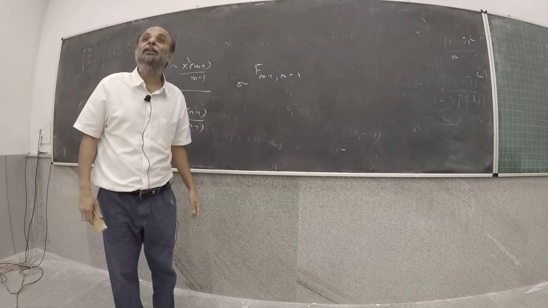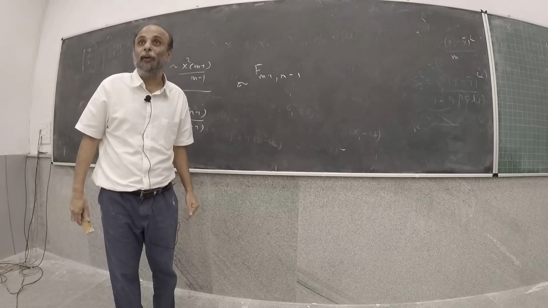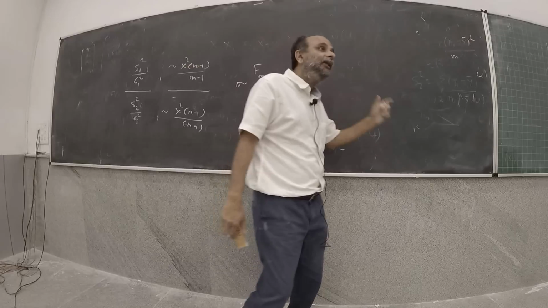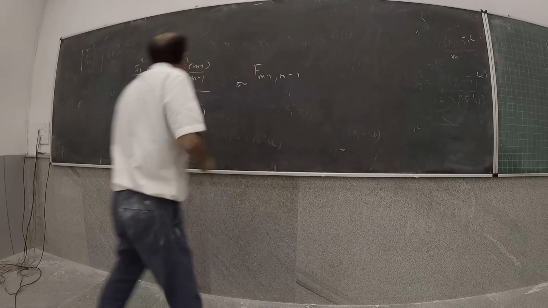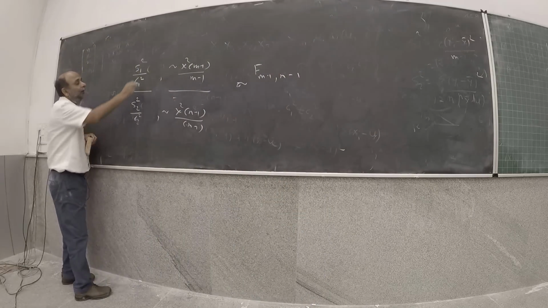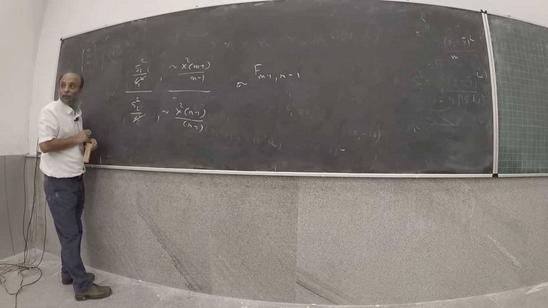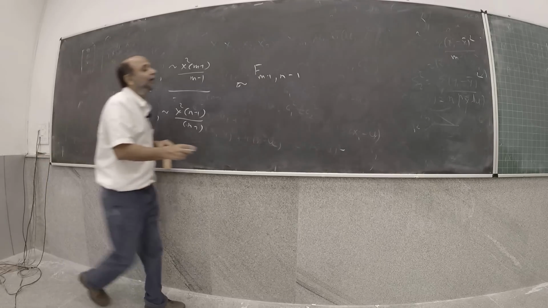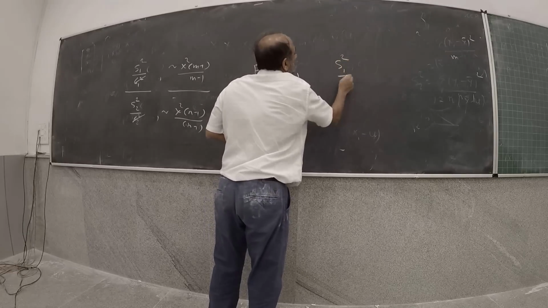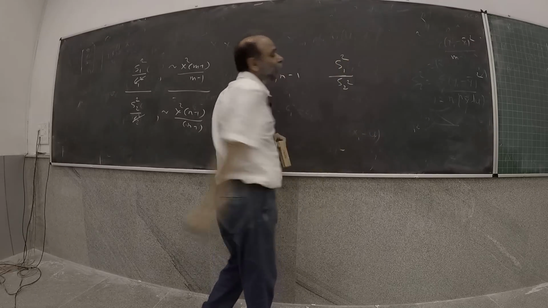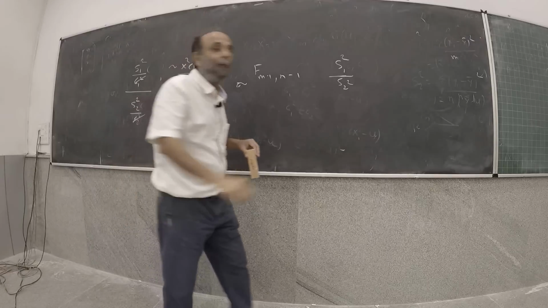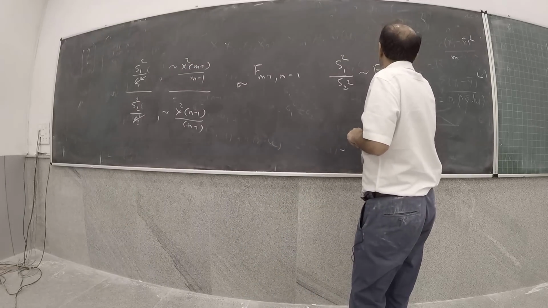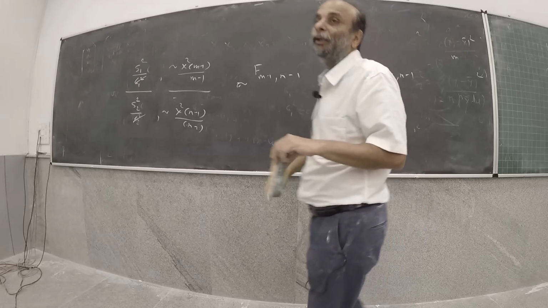The null hypothesis is sigma 1 square is equal to sigma 2 square. Now if the null hypothesis is indeed valid, then you can cancel these out because this and this are equal. So what you then get is s1 square upon s2 square must be an F distribution with m minus 1 numerator and n minus 1 denominator